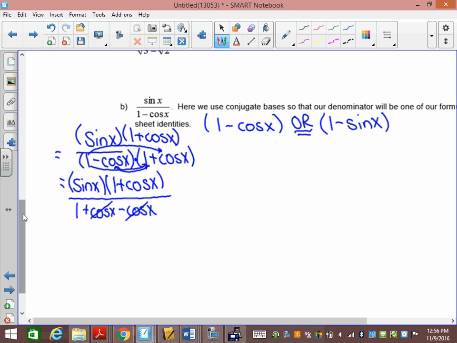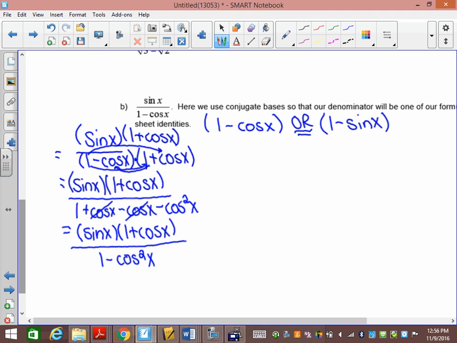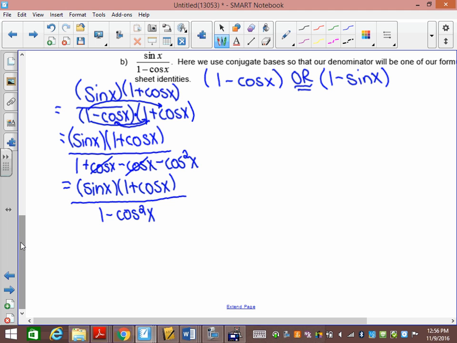And then negative cos x times positive cos x is negative cos squared x. So what am I left with? Sine x times 1 plus cos x. I'm not going to put those together because they're not conjugates. And on the bottom, I'm left with 1 minus cos squared x,